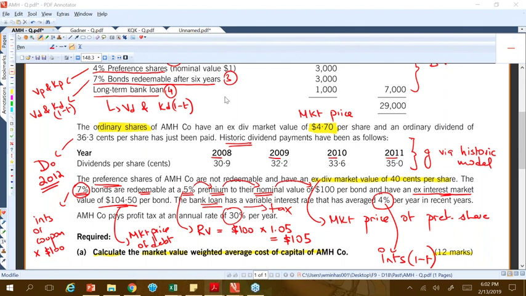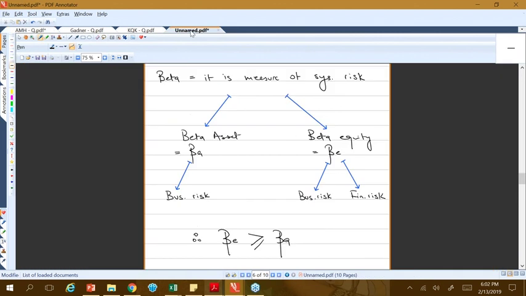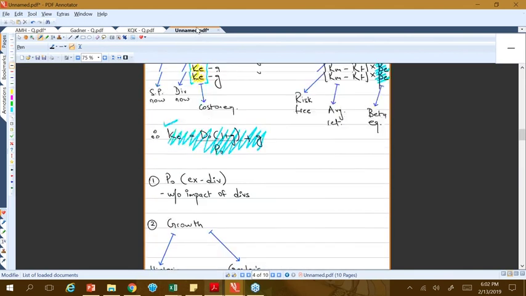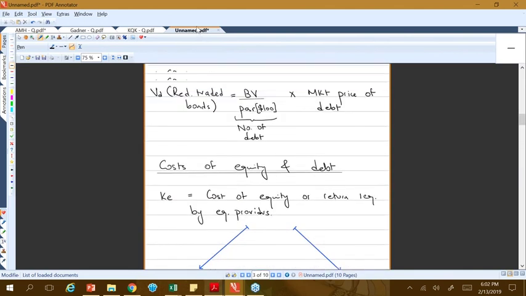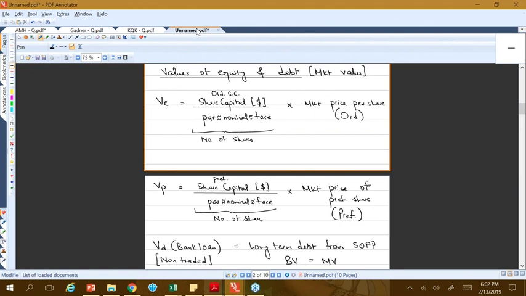The question here is, what will we do with the 4%? Well, the 4% is the interest on the bank loan. And on the interest on the bank loan, we will do 1 minus t, and that will give us the Kd (1 minus t). So what I want you to do now is go back to the PDF which I created and look at the ways in which I have thought about creating the concept of VE, growth, and the Ke's and the Kp's and the Kd's. So this is all the information which we will need to absorb and bring now, because I'm just going to slot in the numbers in these calculations and find the values out.